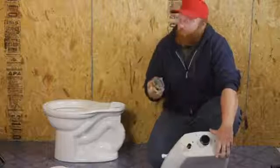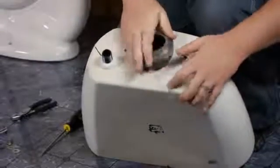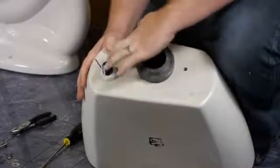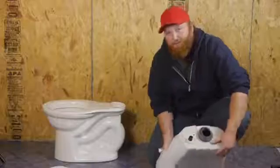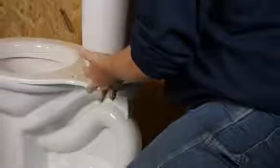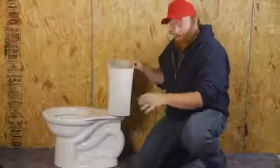The first step is to go ahead and take your rubber gasket and place it on the bottom of the tank. Make sure you get it nice and flush all the way around the sides. After that, we're going to take the tank, flip it over, and set it where it's going to go. Now we're going to hold it there